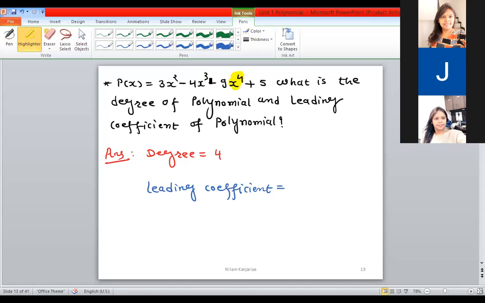So take its sign also, students, you have to take the sign too. This is minus 9. If it were positive, you don't need to write the sign, but it is a minus sign, so put the sign also. So here the leading coefficient is minus 9. Clear? Any doubt? Then tell me. This was just told to you; there is no definition of leading coefficient, you only have to identify it.